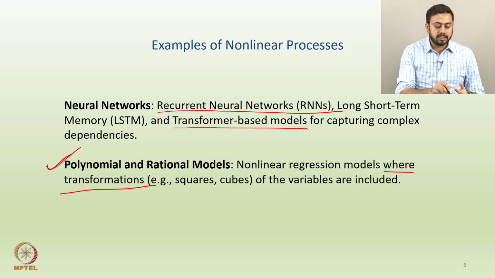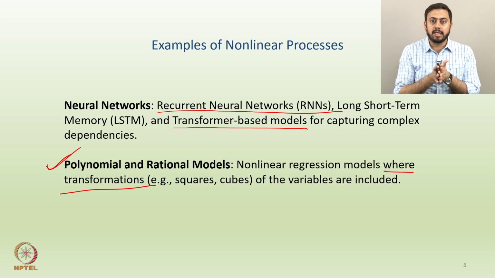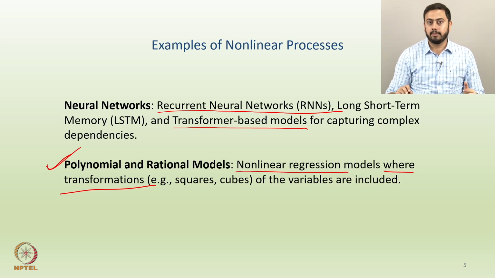Make sense? So, I will say that this last point is a subset of the non-linear processes. The model itself is not non-linear because one can actually transform it to make it linear. So, the correct way to put it is that all these are examples of polynomial regression models, or rather non-linear regression models which come under the polynomial regression model heading. Make sense? So, all these are some of the important examples of non-linear processes in general.